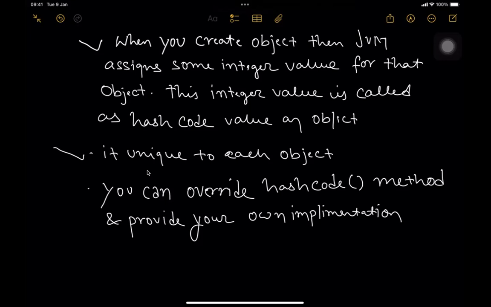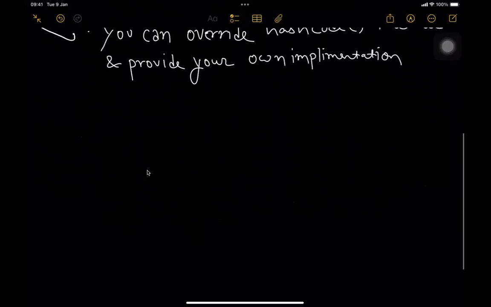Now the question is, you can override the hashcode method and provide your own implementation. So if you want, you can override this and provide your own implementation. Usually in an interview, they will ask what is hashcode, what is the use of hashcode,